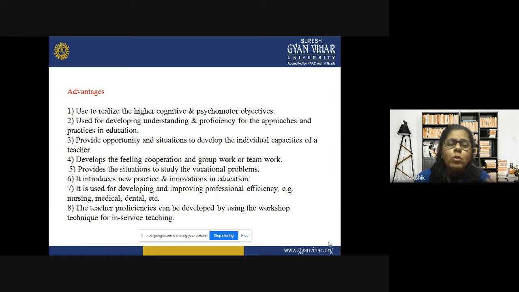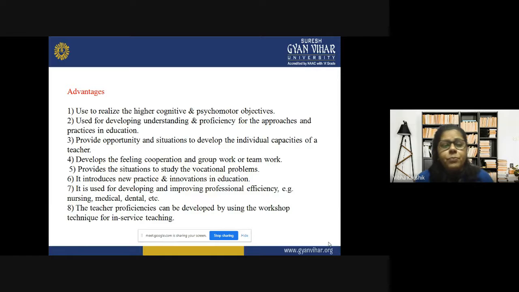And workshop also develops in them the feeling of cooperation, means all the group members will cooperate with each other to find out the solution of a particular problem. And the importance of group work or teamwork. It provides a situation to study the vocational problems and introduce new practices and innovations in education. Workshop helps to introduce the new practices that can be applied or the new innovations that can be used in